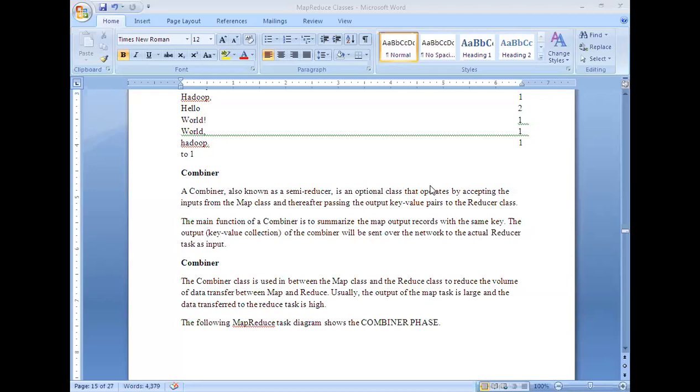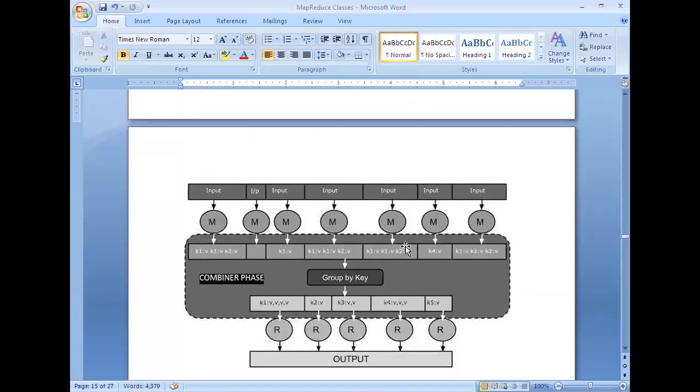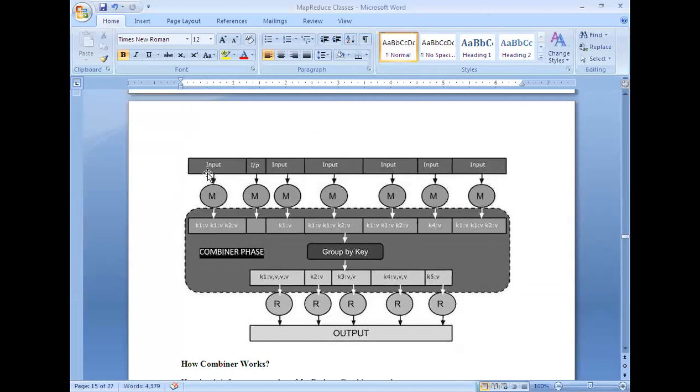So that is where the combiner function will be used, which is used to combine the output produced by the mapper logics. I'll show you diagrammatically how it works. Here you can observe this diagram. These are the inputs supplied to the M, which stands for mapper logic, and each mapper logic will produce either 0 or a number of intermediary key value pairs.